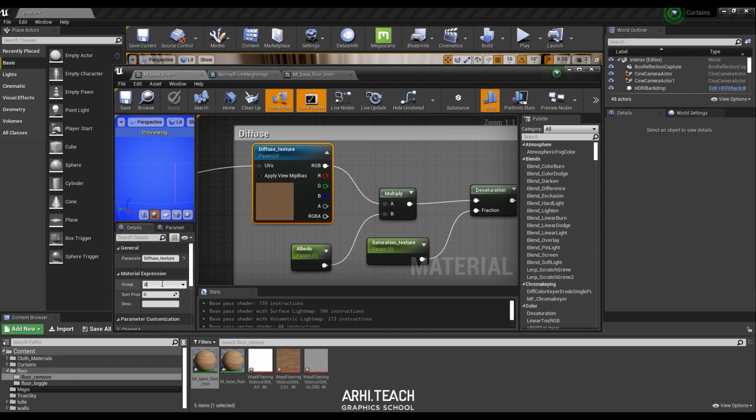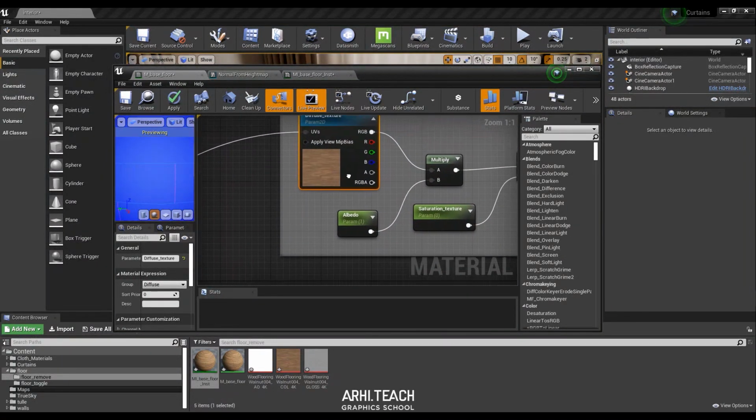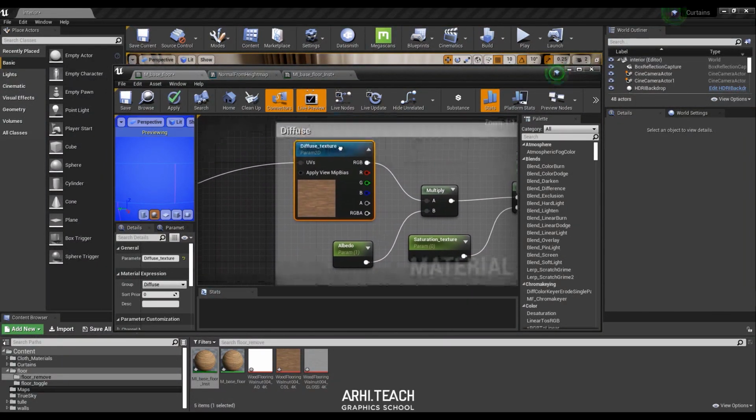So the first group will be diffuse. This diffuse group will include, besides the fact that we have now put this variable parameter in the group, since the texture will change, we can also set sort priority to 1.